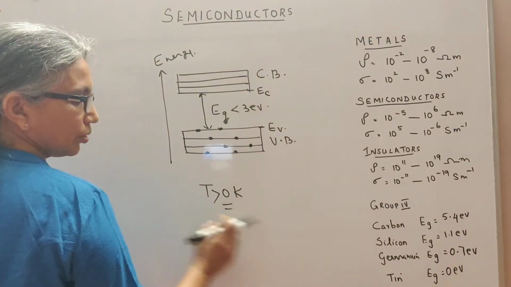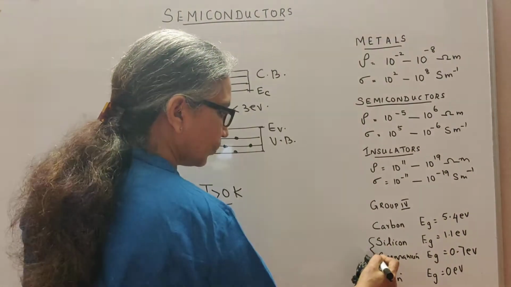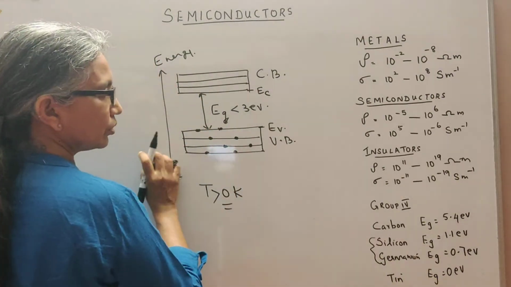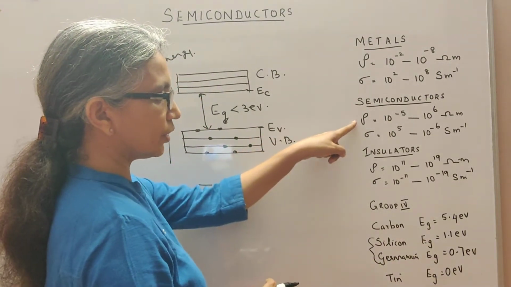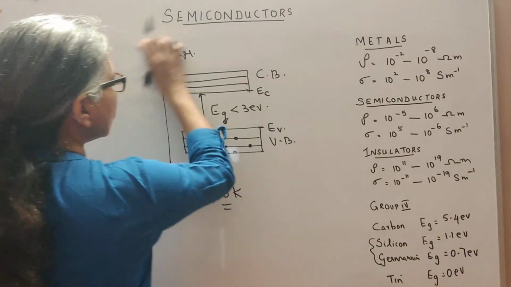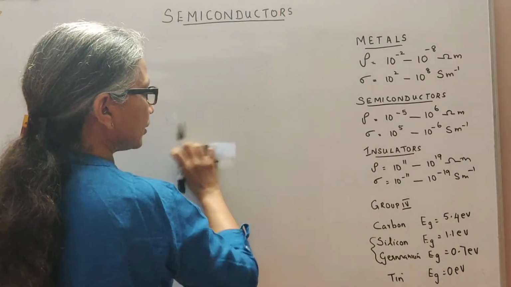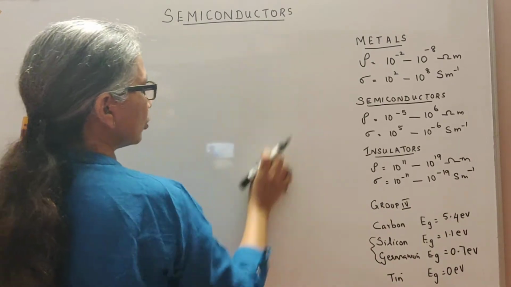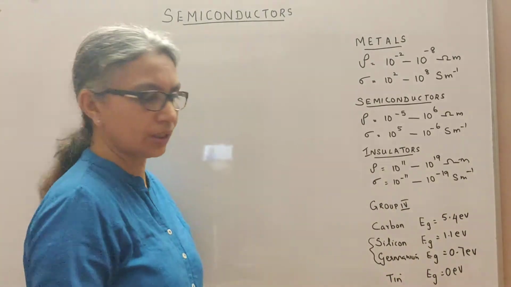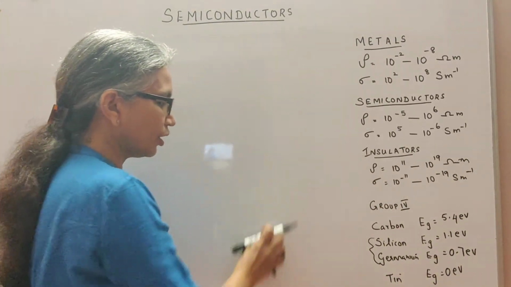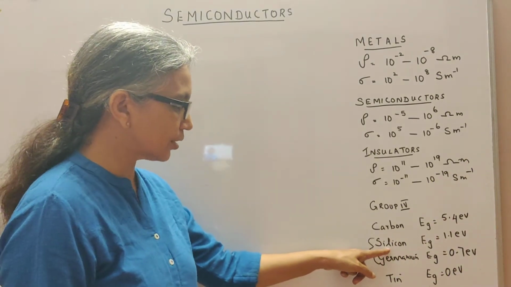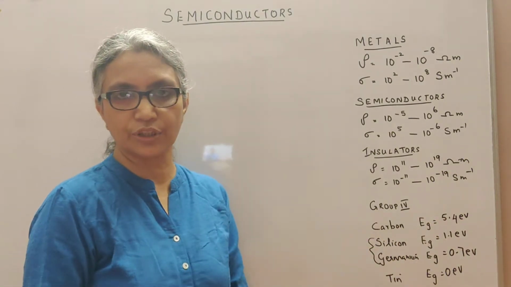So these are the two materials, so look at their resistivity and conductivity. So this is our discussion. This kind of material called semiconductors is what we are going to discuss in this whole chapter. And most of my explanation I will be basing on silicon. The same thing will happen for germanium.